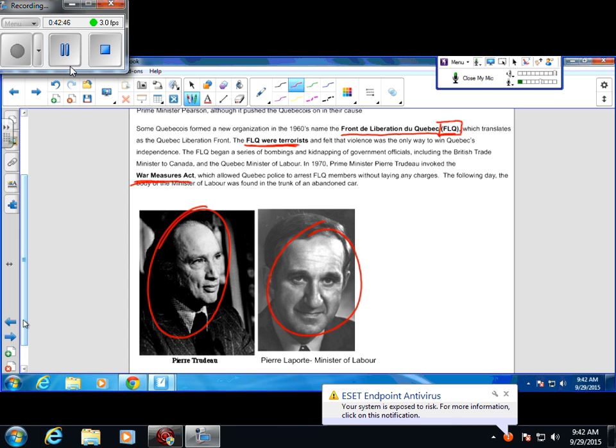So what was the War Measures Act? This was the first time in history that the War Measures Act was used during peacetime. The War Measures Act allows the government to arrest and detain any suspect who seems to be involved in threats towards national security. Basically, the FLQ was a terrorist group going around setting bombs,